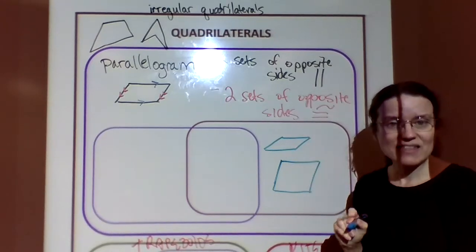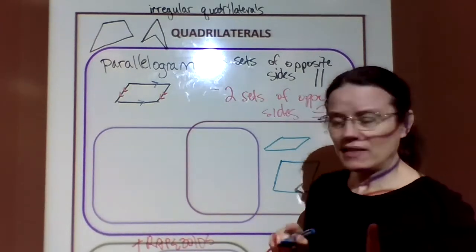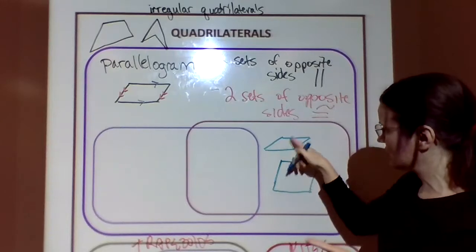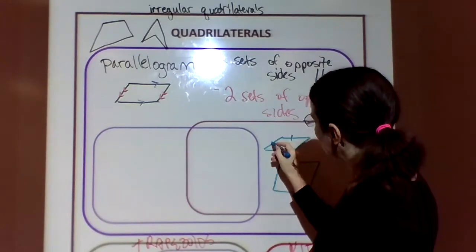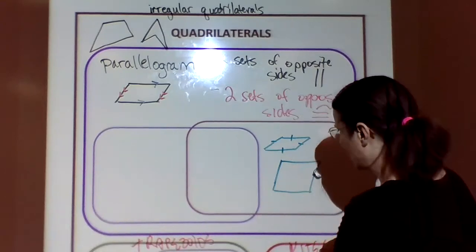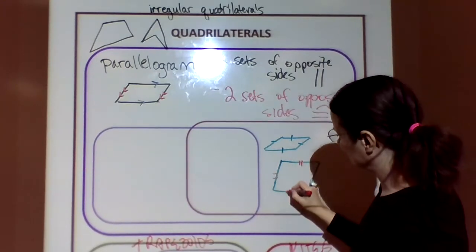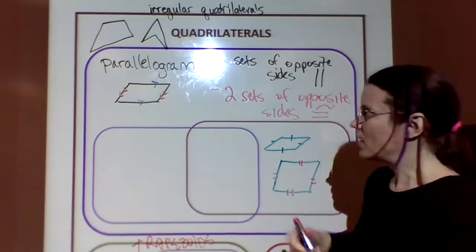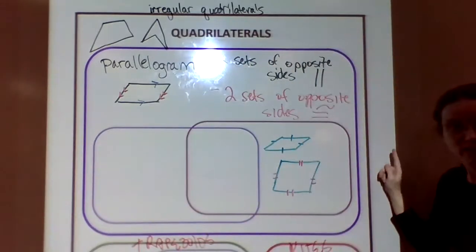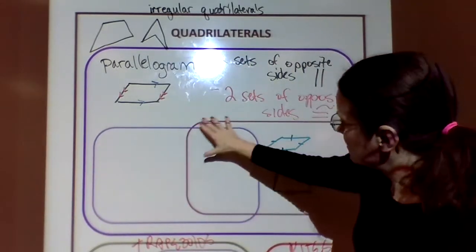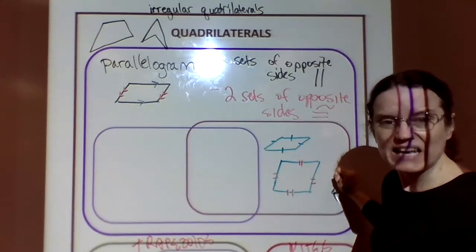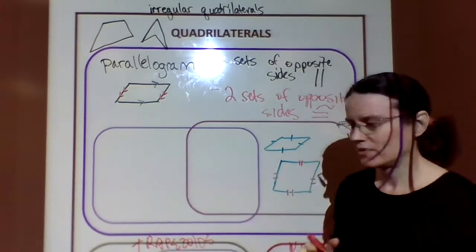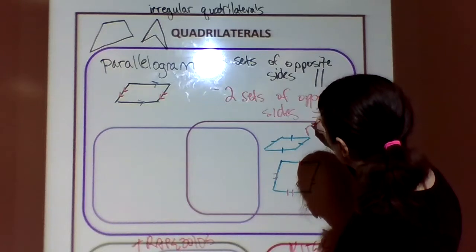Okay. Anything like that. So I decide to make a parallelogram where my opposite sides are still all parallel, but instead I'm going to make this one have all the sides be congruent. So I'm still in my big purple parallelogram box, but now I've come down here to this guy and I've said, okay, I'm going to make it be anything that's got all the sides the same length. Okay? That is going to be your rhombus,